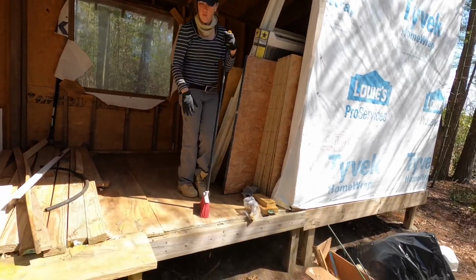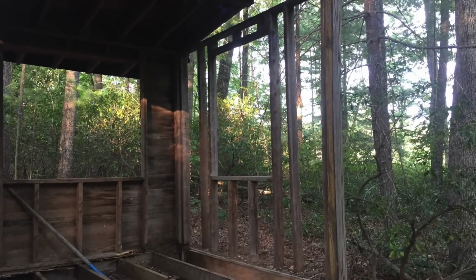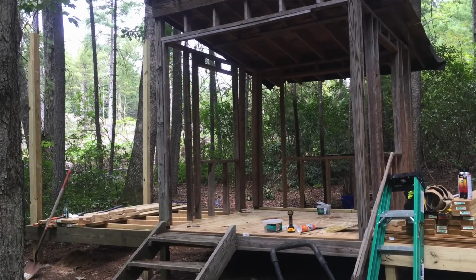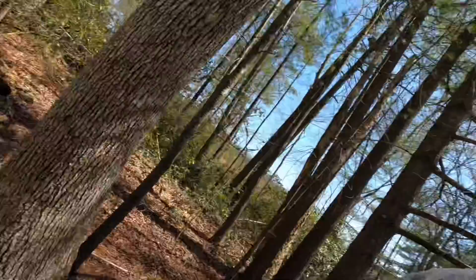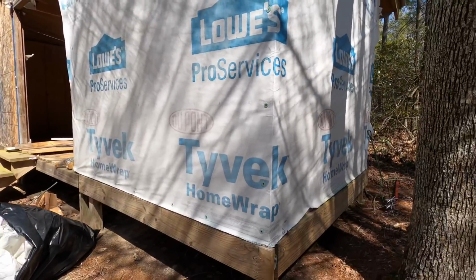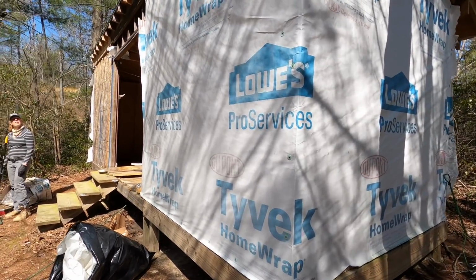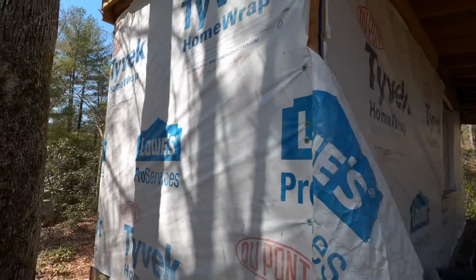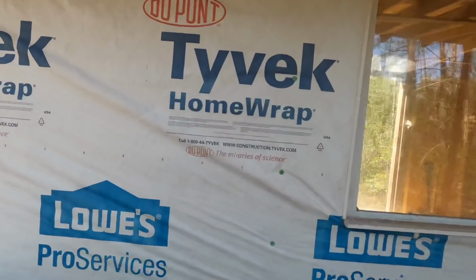I took what was left of the frame, tore out all of the plywood, and I expanded it out a little bit so that we would have a little storage shed, and we have actually used it for the last 5 years without a door. But this high dollar siding I've got right here, this Tyvek, has seen better days. The wind has torn it up pretty good. My wife is convinced that there was a bear up here one day that tore some of it up, but